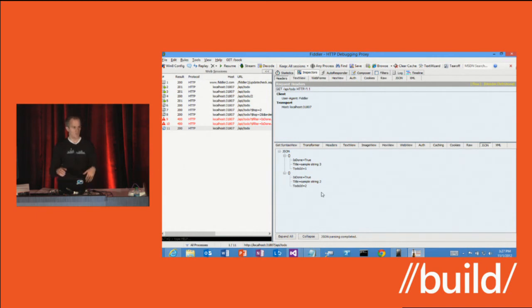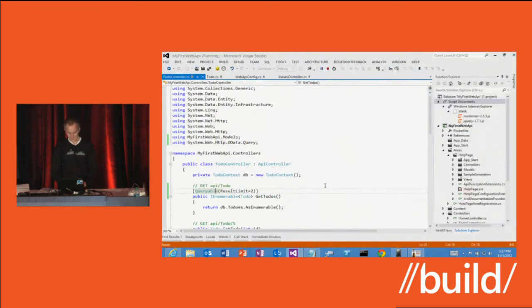Well, that's cool, but what about the other ones? How do I get the rest? Wouldn't it be nice if there was a way to get next links? Well, the OData format provides that for you, but I don't have an OData formatter configured. We're actually providing you one now. Let me go ahead and add it.